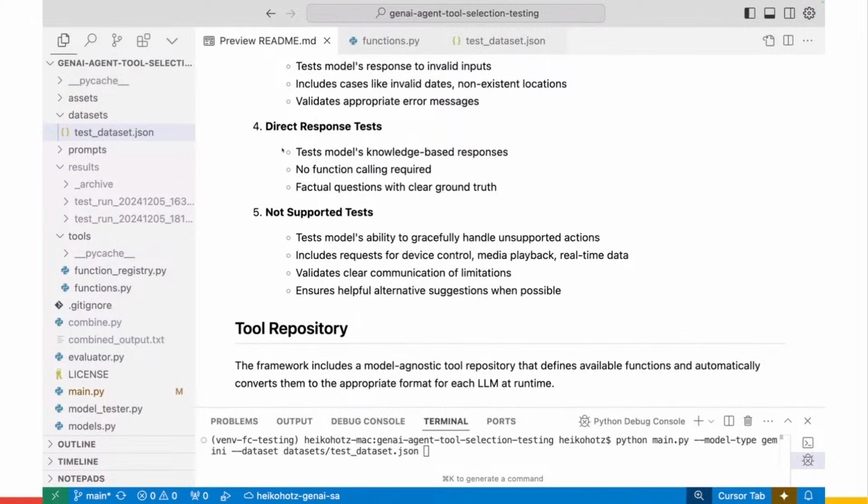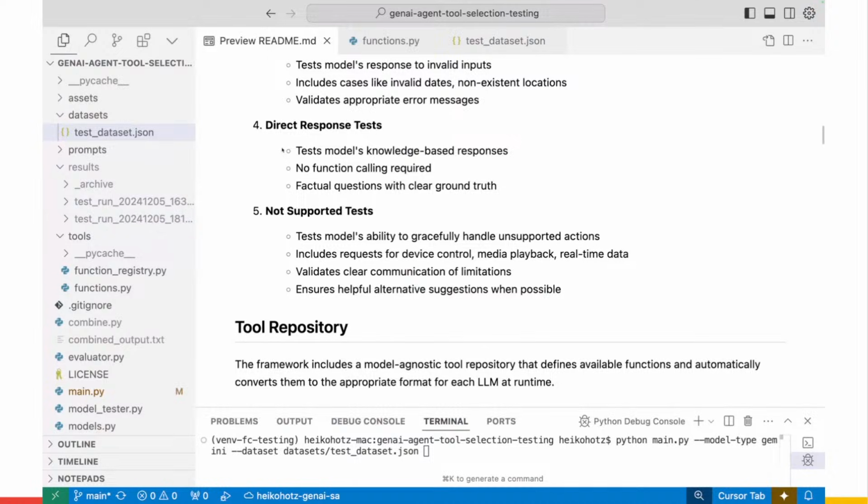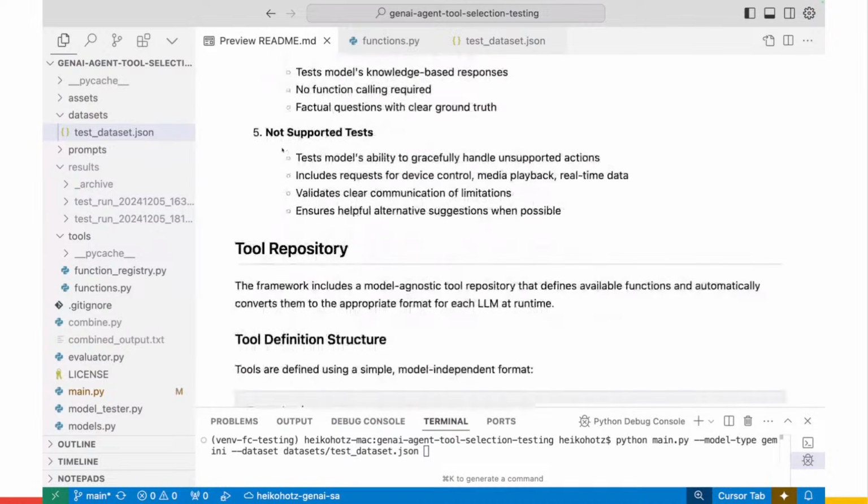That's what Meltem mentioned earlier as well. Sometimes the model doesn't need to actually use a tool in order to respond to a query, and we want that to be the case. And also not-supported tests. So basically, the list of tools might not be enough, or the query that the user gives to the LLM cannot be supported with the tools available.